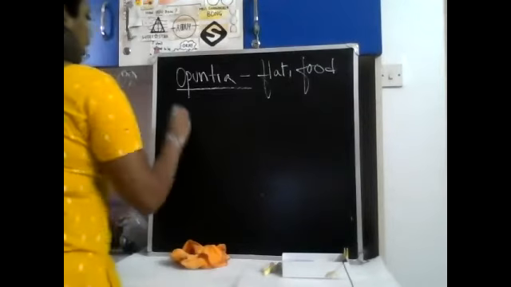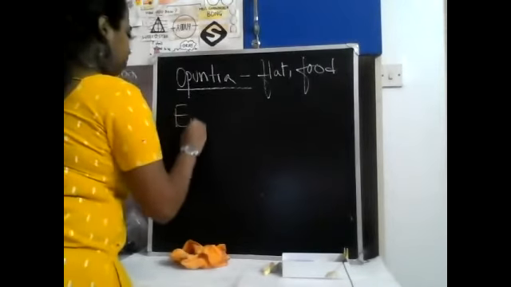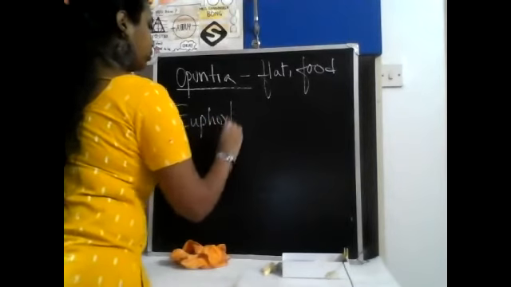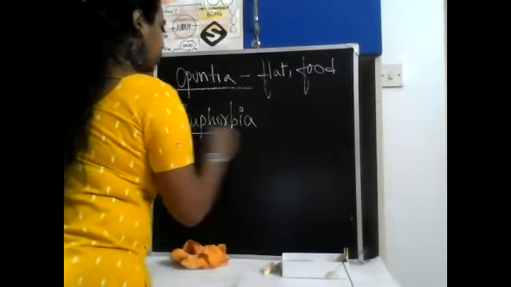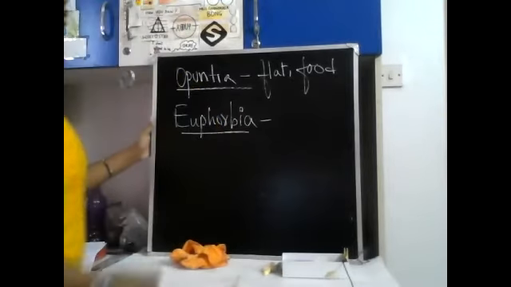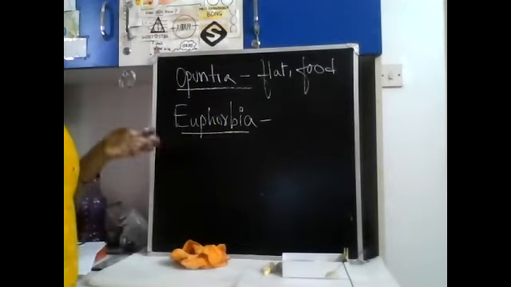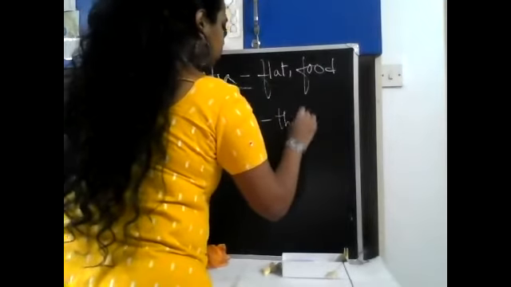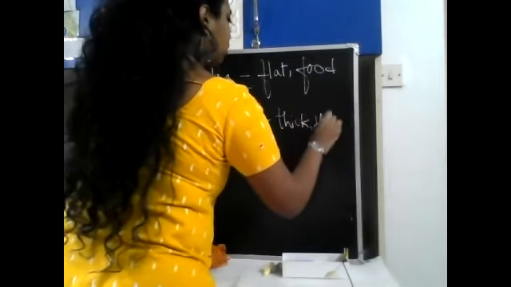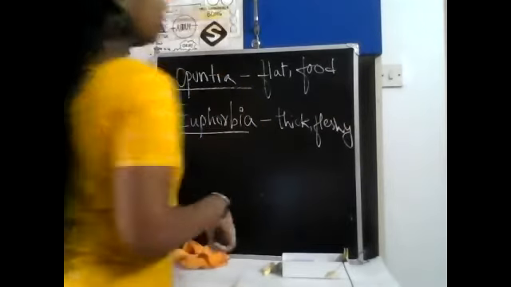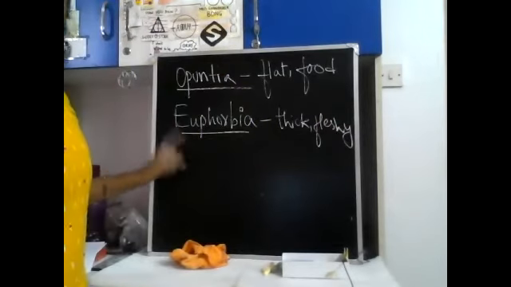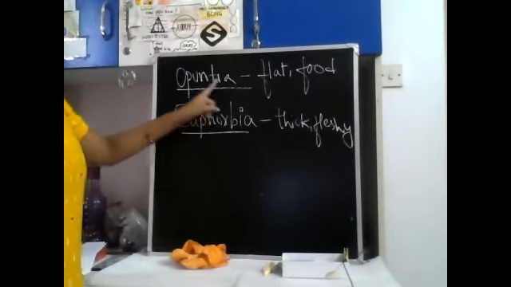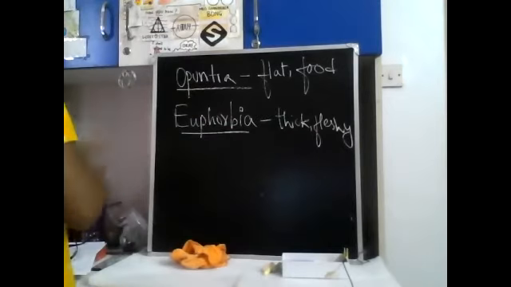Then Euphorbia is another example where the stem is modified to be thick and fleshy. Thick and fleshy stem in Euphorbia, flat and photosynthetic stem in Opuntia, and the last one